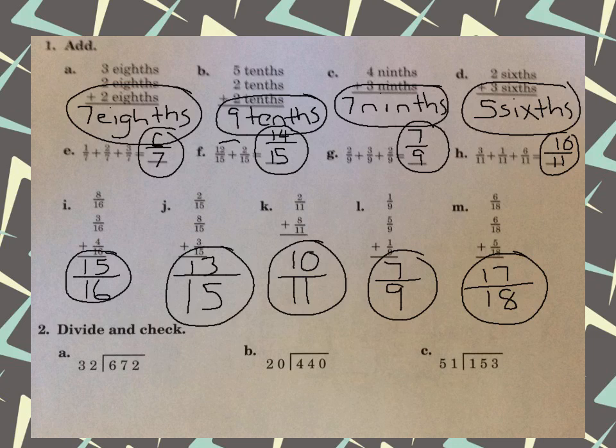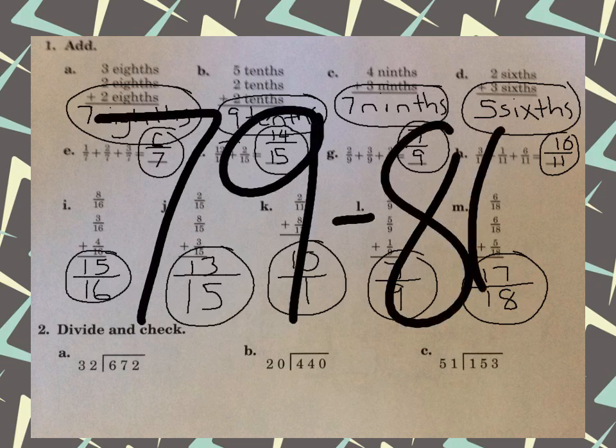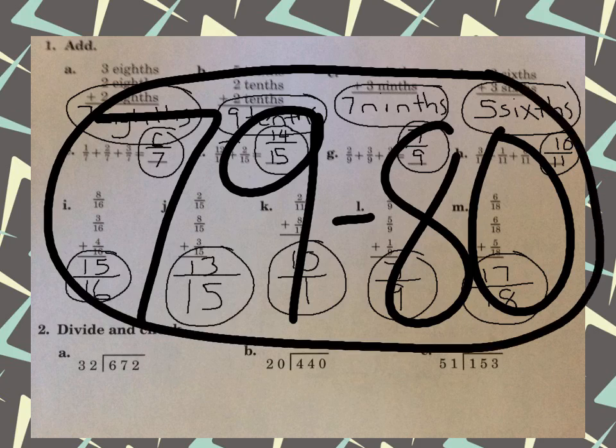I'm going to have you do the rest on your own, and then I'm also going to have you get out page 79 and 80, and do that one as well. That's the same thing, but they're subtracting. And I think you'll be able to do both very easily. So get out 79 and 80. You're going to do both, 77 and 78, and then 79 and 80. And to help you get these done,